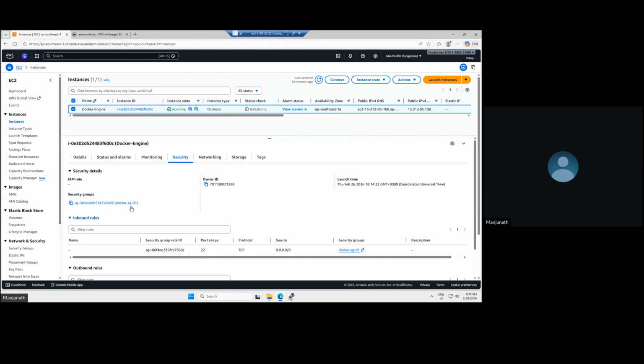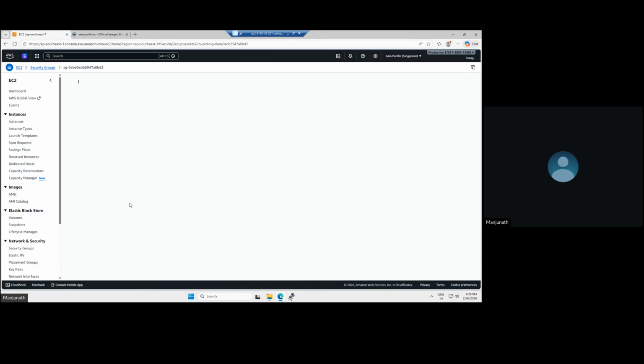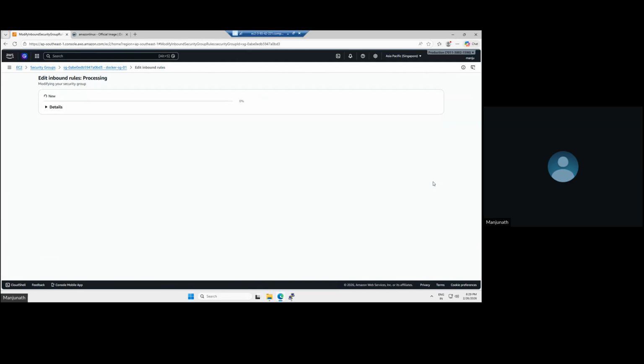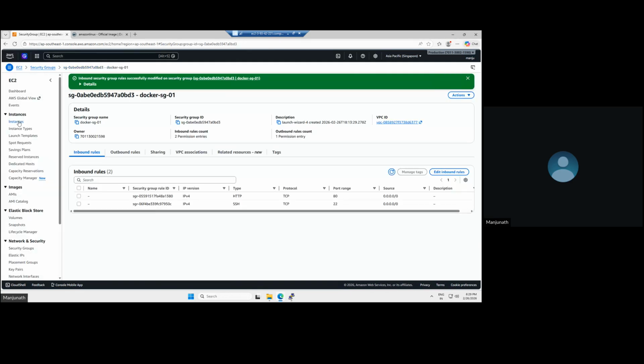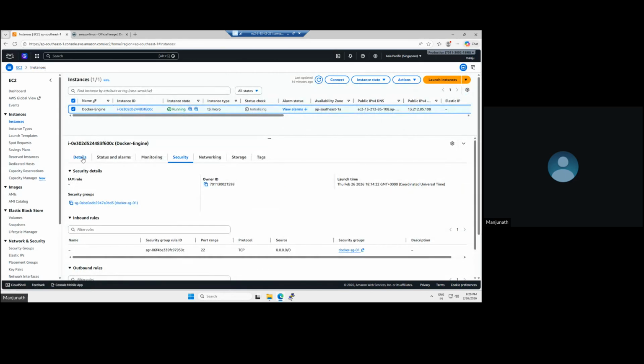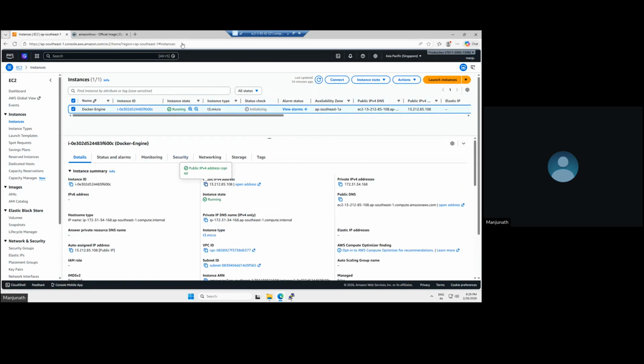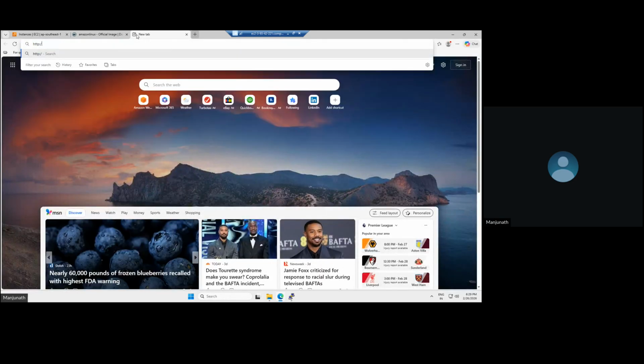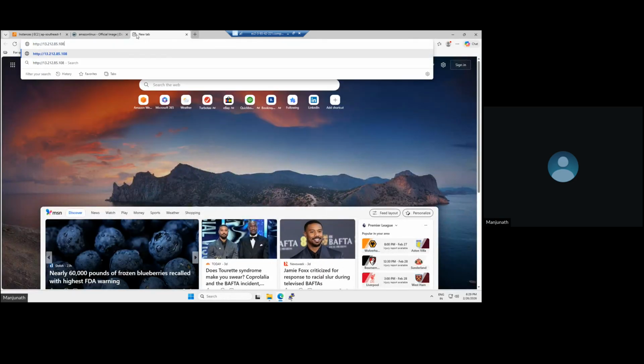So 80 is not part of the security group. Let me open, click on edit, add rule, and HTTP, save. So let me go back to the EC2 instance, details, copy the public IP, and we'll browse the application on port number 80. So the application name I have given is